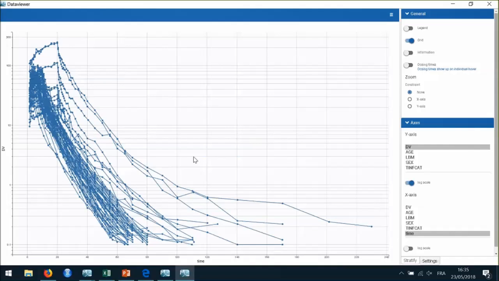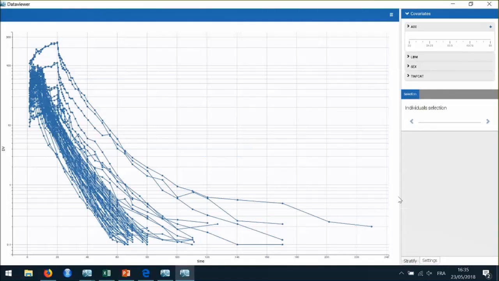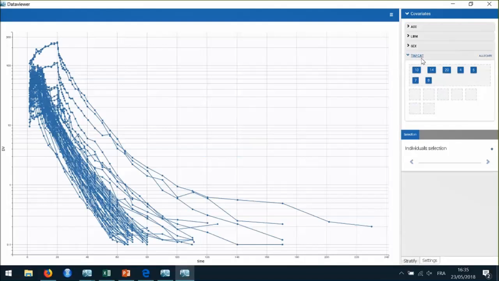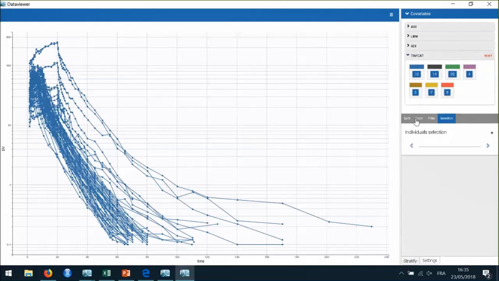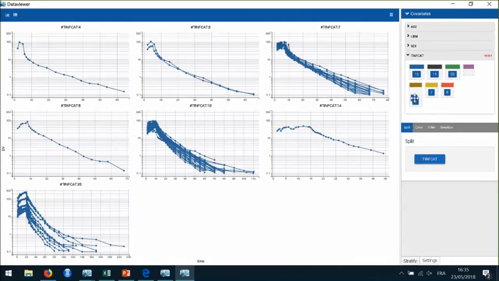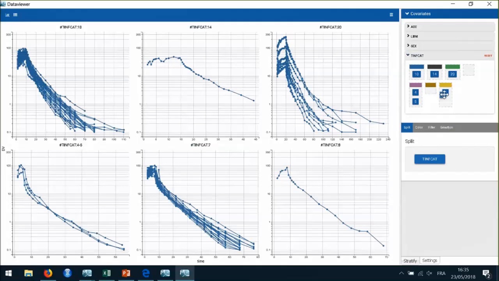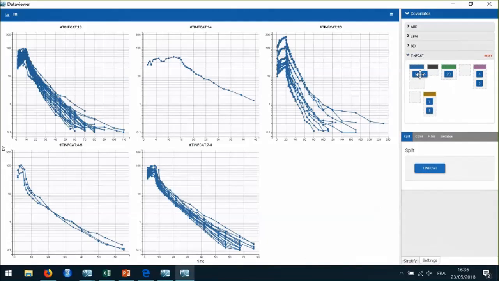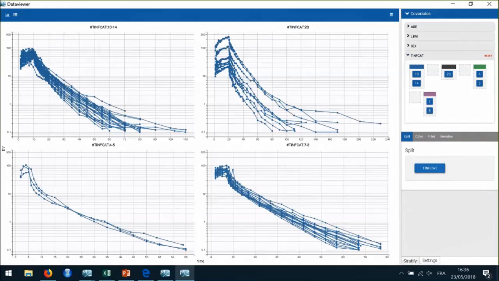So this plot is a bit crowded, so I can use the panel Stratify in the data viewer to split the data by infusion time category. So I select PINSCAT as a stratification group, and then I can use the split option. Because there are many groups and some of the groups contain only one or two individuals, I can reorder the groups to put together infusion durations which are close to get only 4 groups. So I get subplots with subpopulations that are a bit more homogeneous.